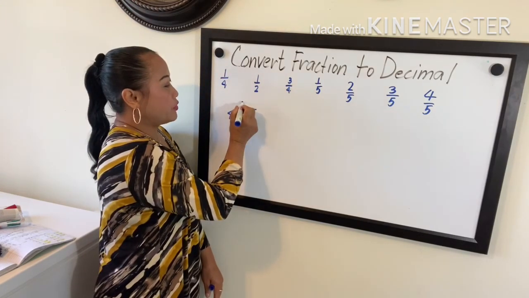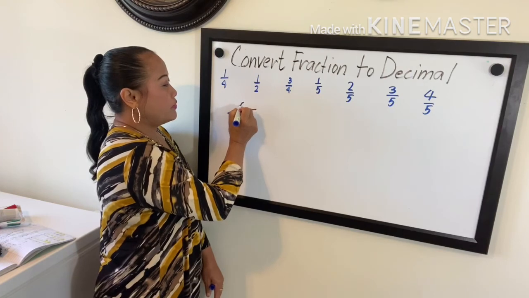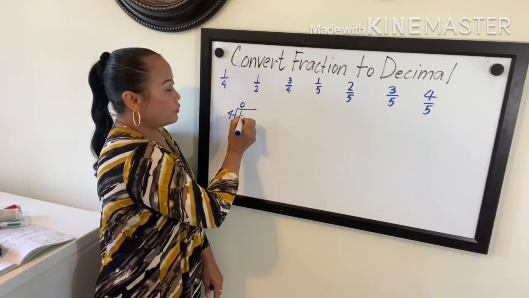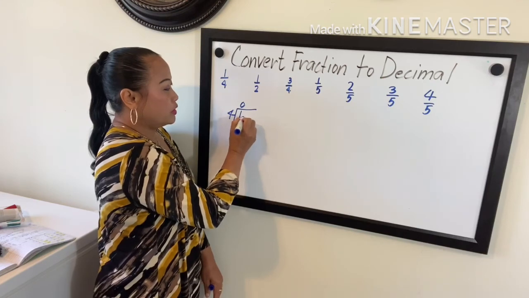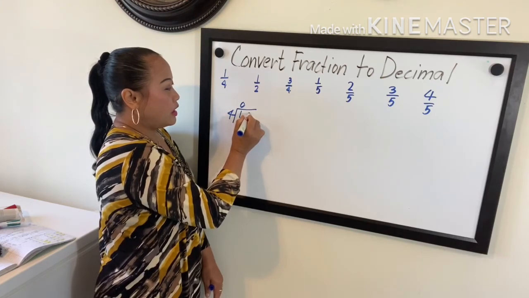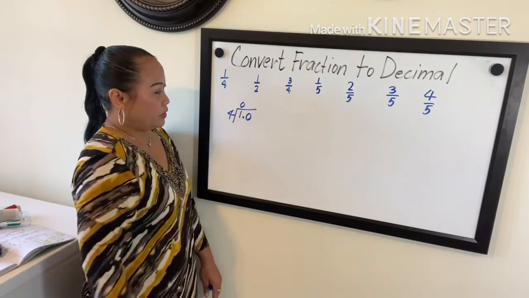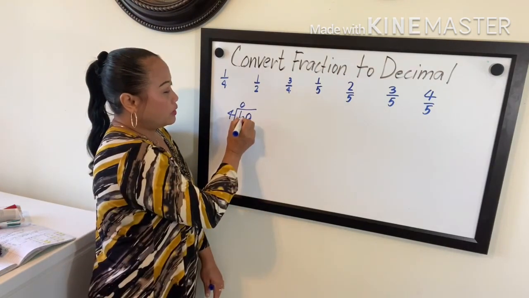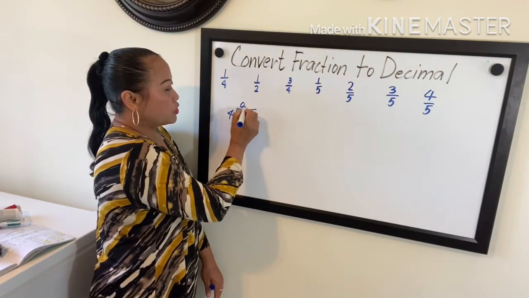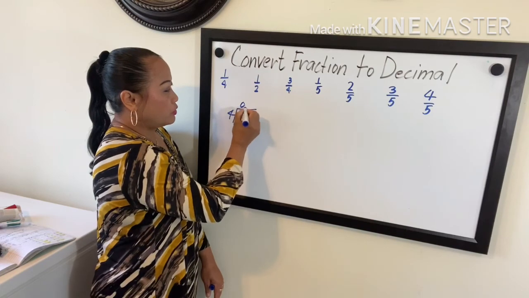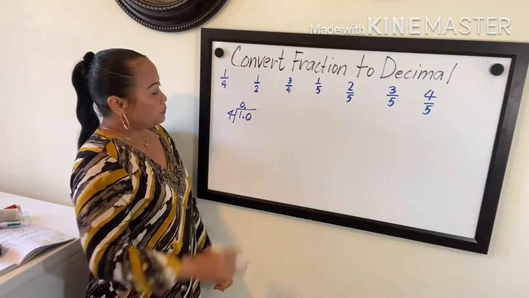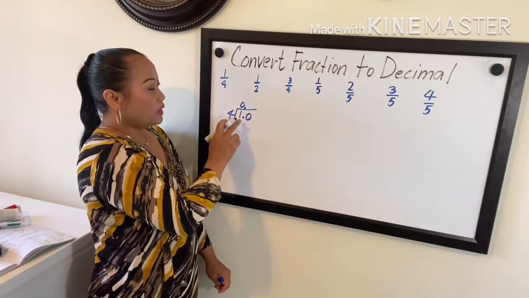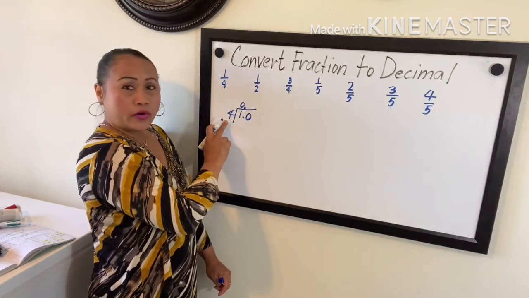We'll put 0 here. 1 divided by 4 is 0. And now what we're going to do, we have to put a decimal point so we can add 0 in here. And when we add the decimal point here, you have to put it straight on top in the quotient. Okay, so now 10 divided by 4 is